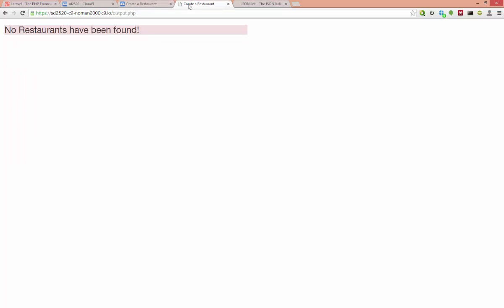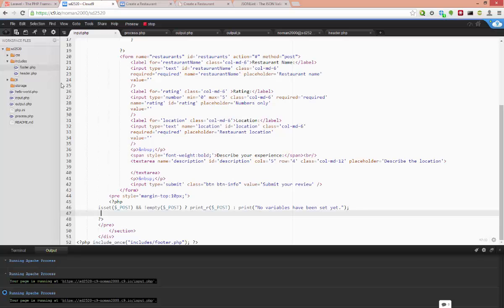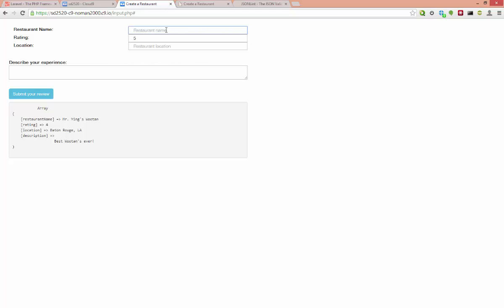Now, right now, the end result is that whenever the JSON starts getting populated, it's going to go into here. And so right now, it just says no refs have been found because I have not even created the file yet. So I'm going to place a JSON file in storage, and that's what I'm going to use in order to populate the fields. But first, I need to tell it that I actually want to use process.php. And so what should happen is that if I now go, I have to refresh this so it knows that